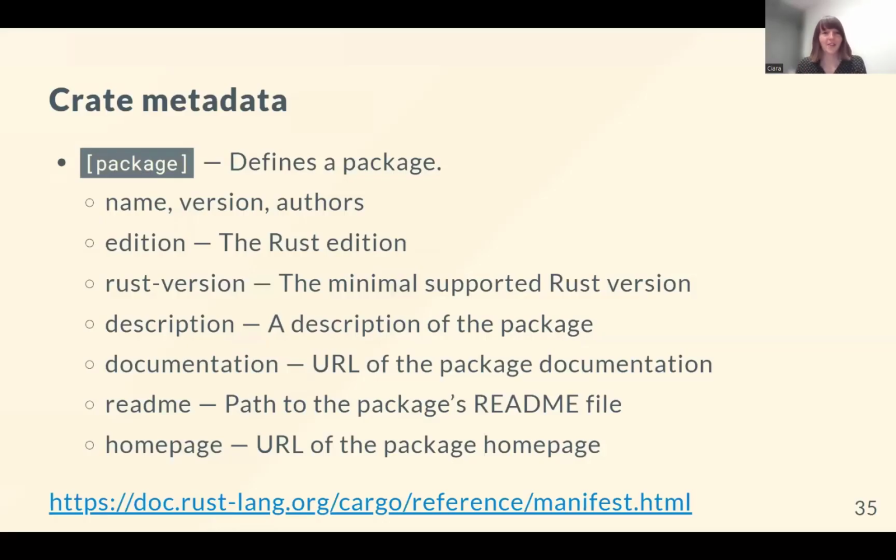So project configuration is talking about your TOML files. This package key defines the package, and you have things like your name, version, authors. You can set the Rust edition that you're using. Got a new Rust edition coming soon, very exciting. You also can set the minimal supported Rust version, description of the package, a link to the documentation URL, README if you're not in the classic README path, a homepage,